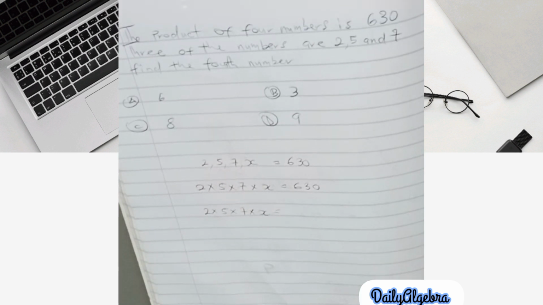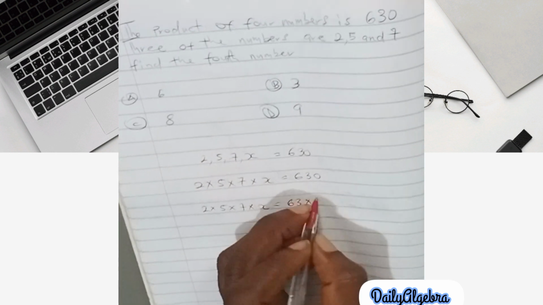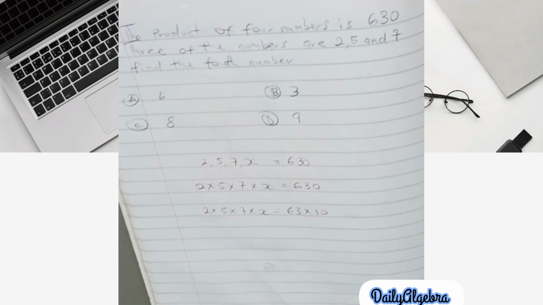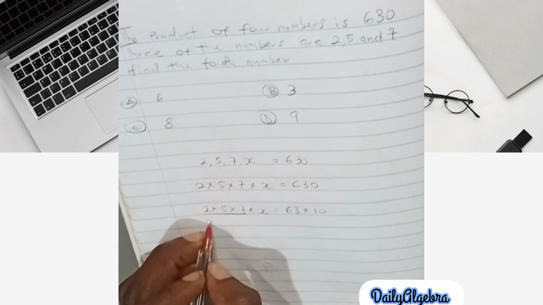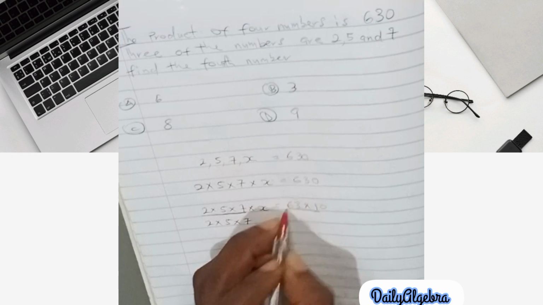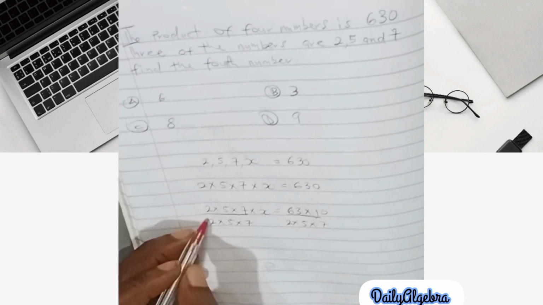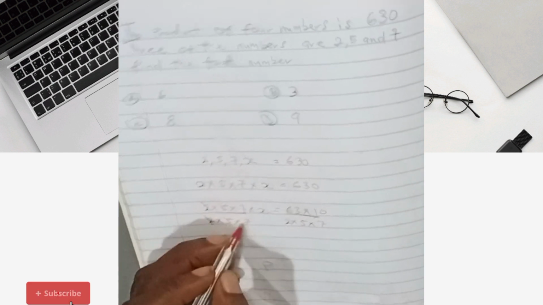I'll break the 630 down as 63 times 10. So let's go. Over 2 times 5 times 7. Divide both sides by that, 2 times 5 times a 7. So this will go,